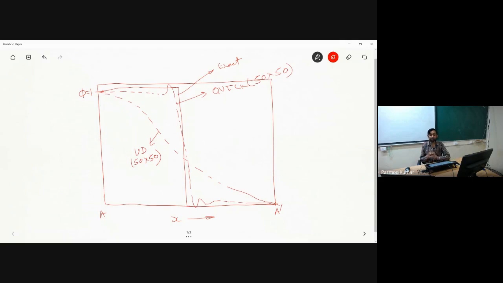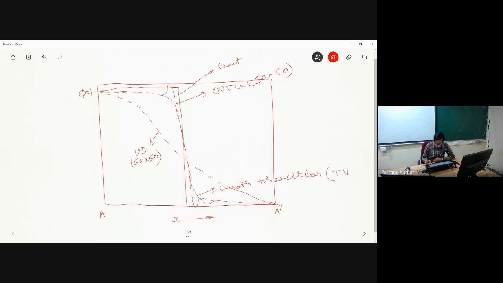Now I told you that instead of QUICK, we have gone for the total variation diminishing class of schemes, and by considering different limiter functions, we have tried to obtain the values using the TVD scheme. So let me now plot the TVD result over here. If I show you the TVD result, that curve will almost mimic our QUICK plot. However, in case of QUICK we have certain oscillations over here, while TVD schemes will have a smooth transition.